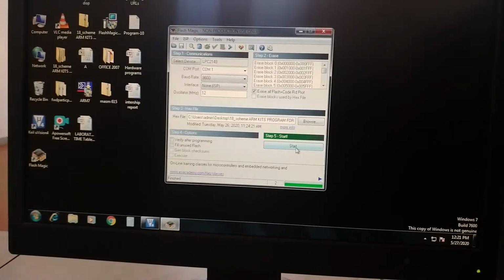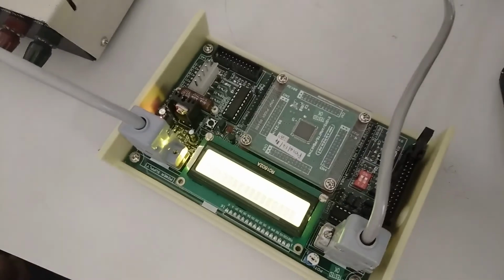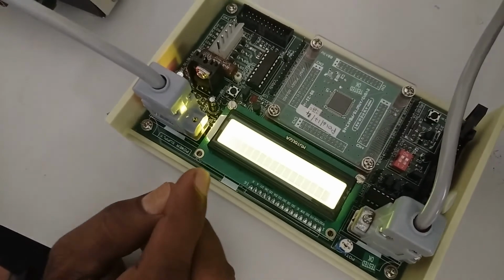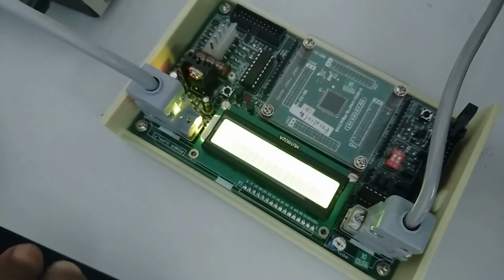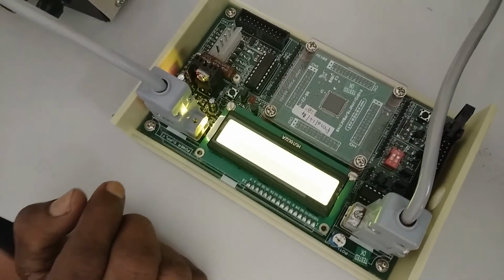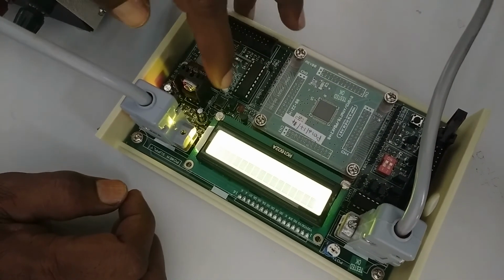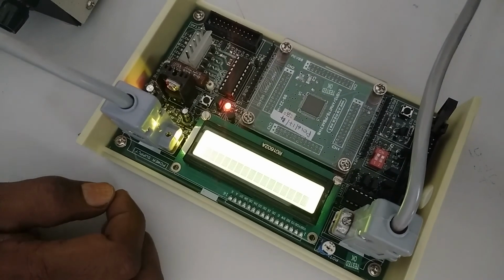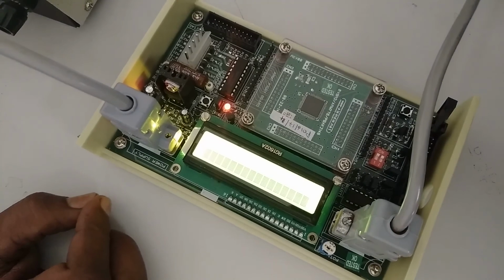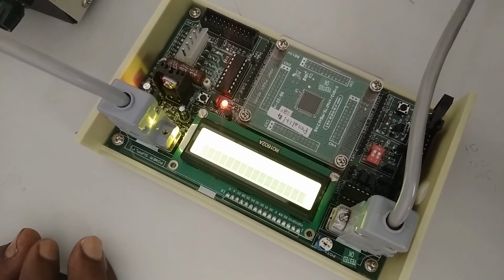Afterwards, to execute the program of this experiment, first you press the interrupt. Once you press the interrupt, the program will start. The program starts by pressing the interrupt, then the LED is turned on.